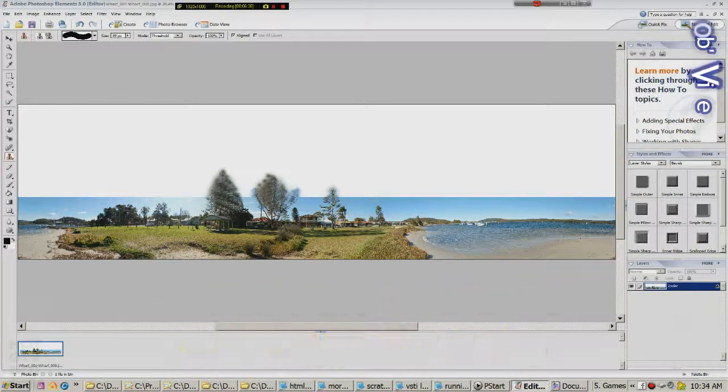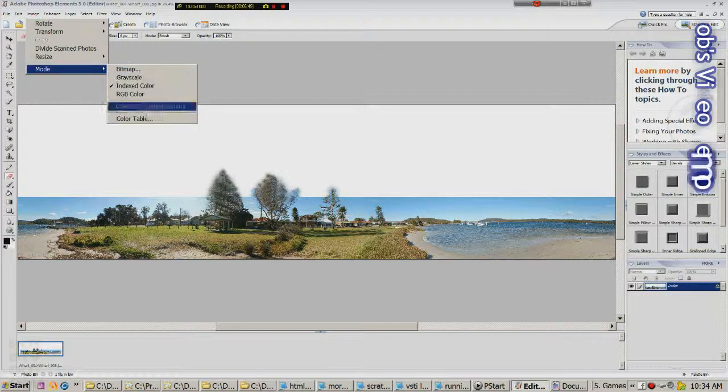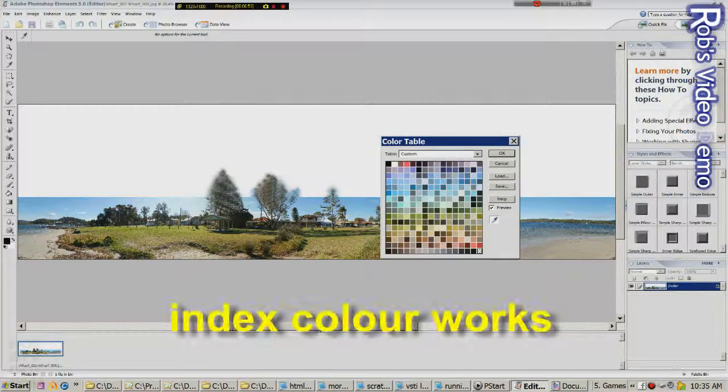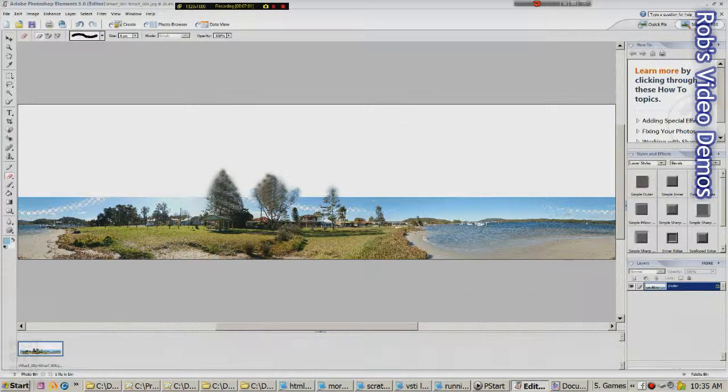And then we're going to, well, probably now you could do this a number of ways. Let's just try getting rid of the sky using this tool, mode, color table, eyedrop, and select the blue, and you can see it gets rid of a little bit. And if you simplified the color and worked on it, you could make that work pretty well, but I'm in a hurry, so I'm just going to grab the eraser